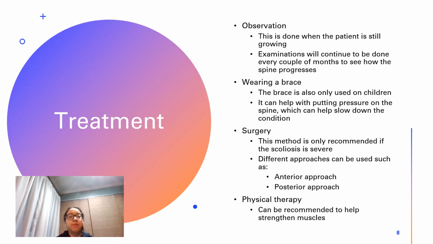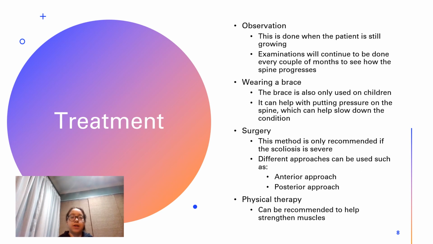For treatment, there are three main ways of being treated, and the first is commonly observation. Observation is used over a span of months, and you would see it mostly in younger children because they're still going through puberty, so their spine is still growing. They want to see how the spine grows and curves over a certain amount of time. Secondly, a brace can be prescribed if a physician wants to help slow down the curving. The brace works by putting pressure on the spine and is really only used on children since their spines are still developing.